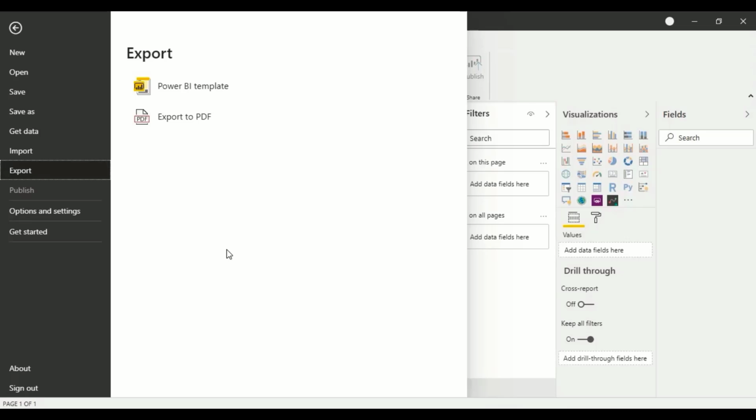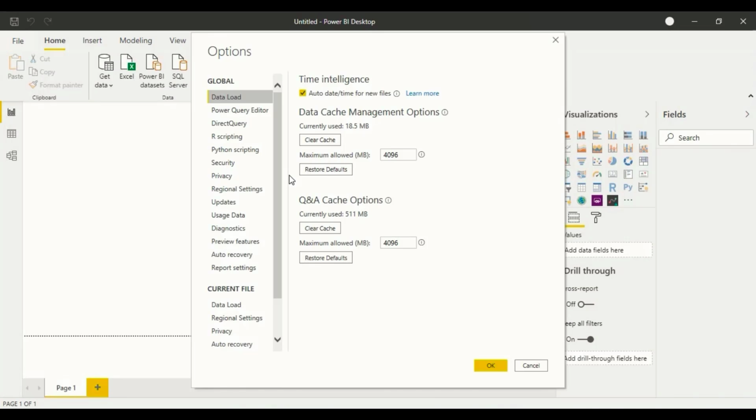Now, one of the important features of Power BI, so let's say I wanted to do some changes to my report. So I can do that under options and settings. So when I click on this and go to options, now one important thing that you need to understand here is that by default, Power BI takes the date and time format based on your time zone. What I mean to say is that if your computer system has the format of DDMMYY as you can see here, then your Power BI will follow the same format.